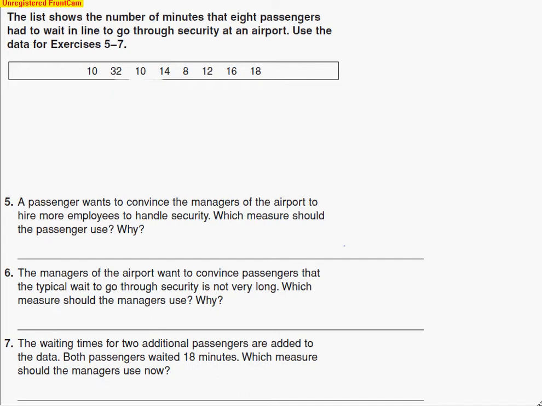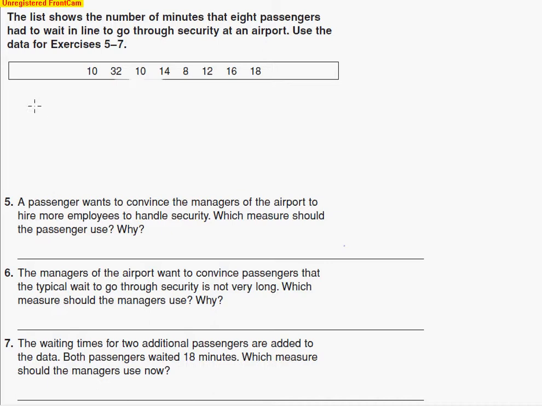Part 2 is an extension of what you're going to end up seeing on tonight's homework, and this is a good example of why we need to learn these statistics and what they're good for. It's so that you understand whether people are trying to fool you or not with statistics, because that's what statistics is mainly used for. It's to try to prove a point. Sometimes people skew the data. Skew means to change the data to make it seem like their point or their view is the correct view. And so it's important for you to understand what is right and what is wrong by being able to interpret